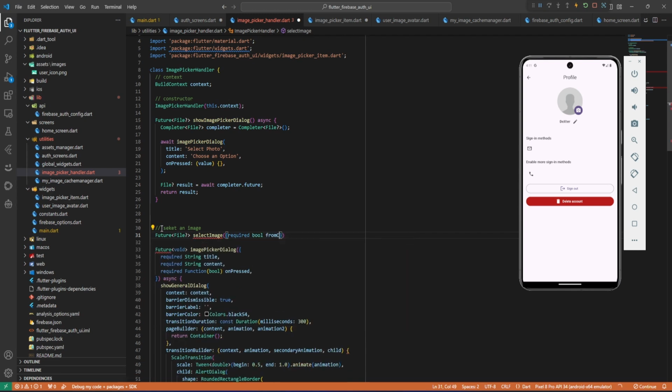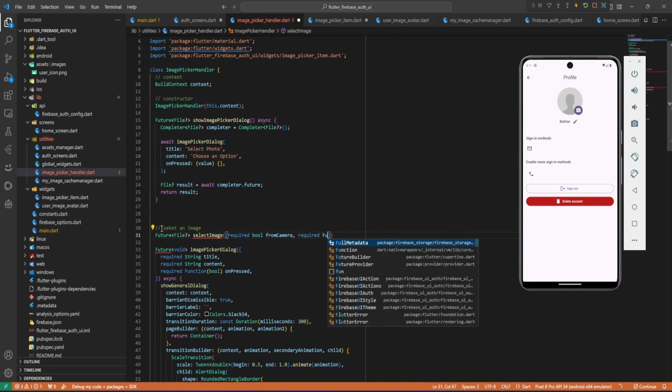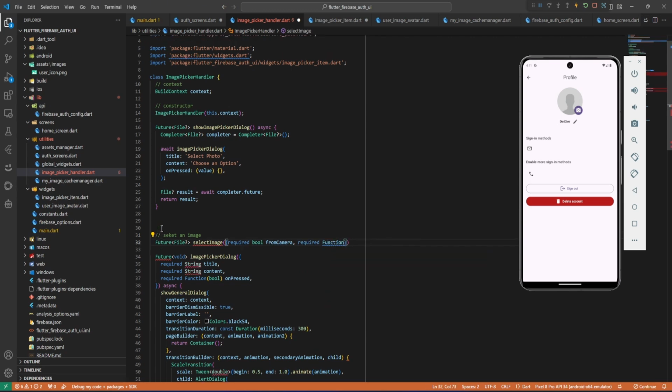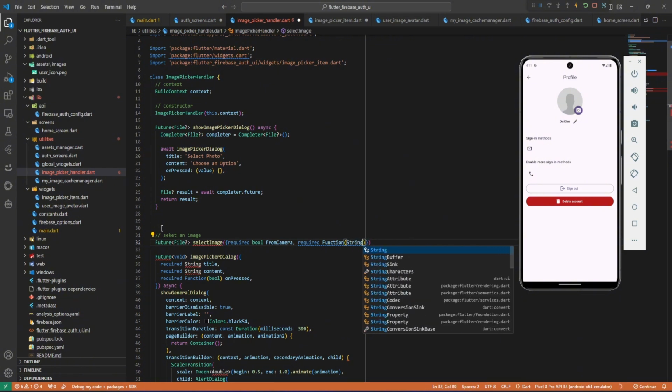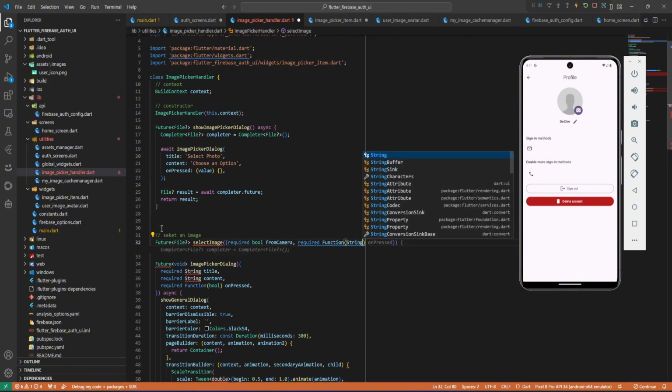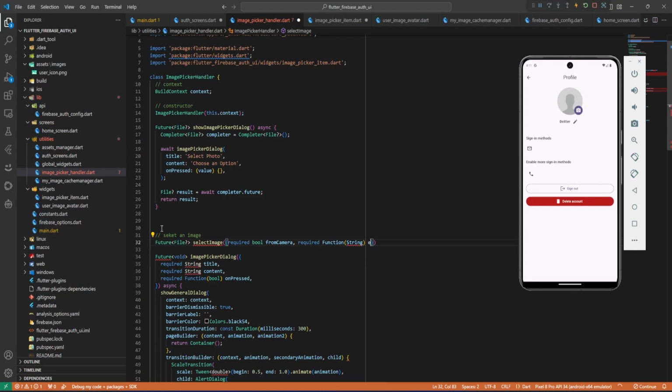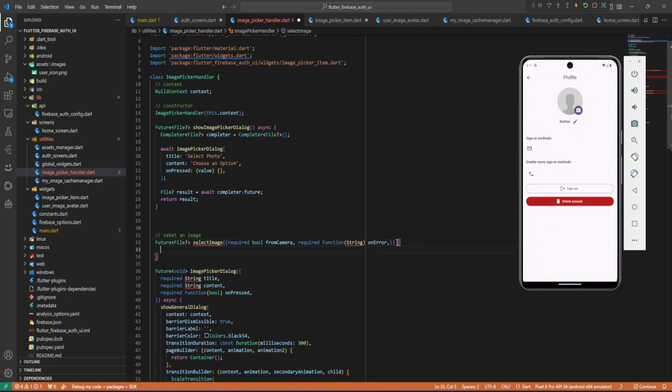from, let's say, camera. Okay, what else here? Let's also require a function which returns a string. So this is just the error handler. Okay, let's say on error. Okay, we are going to return that. All right, now let's do that, and then let's do